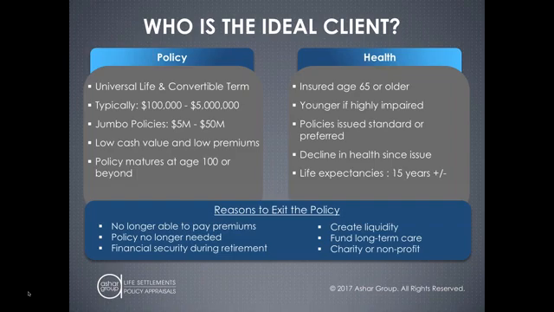However, if they're highly impaired, we've worked and helped appraise and monetize policies with people that are in their 40s and 50s. The ideal policy is one where there's been a change of health since issue, and we work with longevity and life expectancies that are out as long as 15 years, plus or minus. So if they're older, they have a lot of age-related impairments. If they're younger, they probably have more significant health issues.